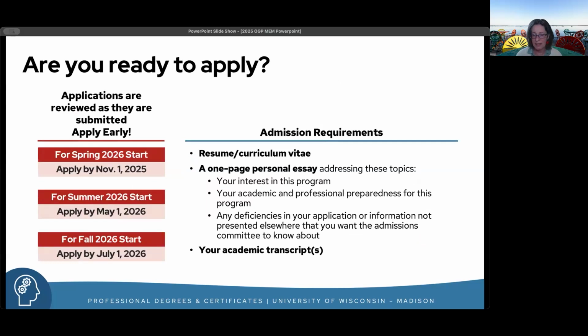So if this is something that seems like it fits you well, we actually are right now in the final application stages for starting the spring 2026 semester. So you could start submitting your application now and you have time to do that. If you wanted to start in the summer though, then you can apply as late as May 1st and then for a fall start as late as July 1st. And what we're looking for in there is something that I'm going to actually have Kareen talk about. So I'm going to go ahead and pass this to Kareen.